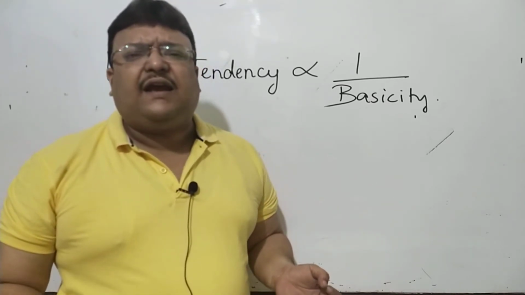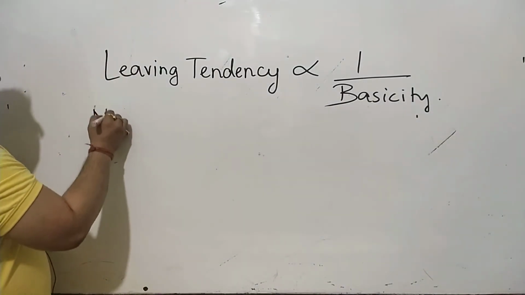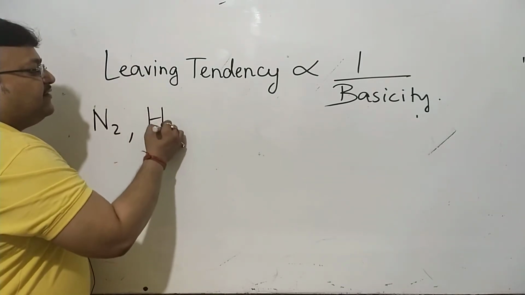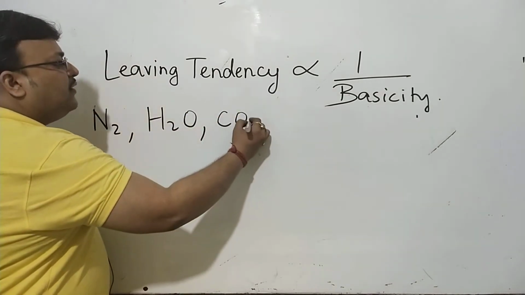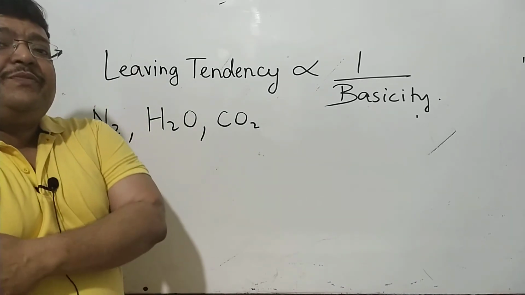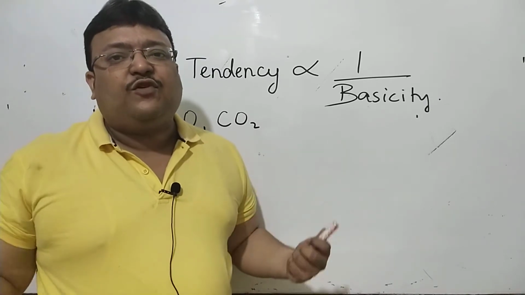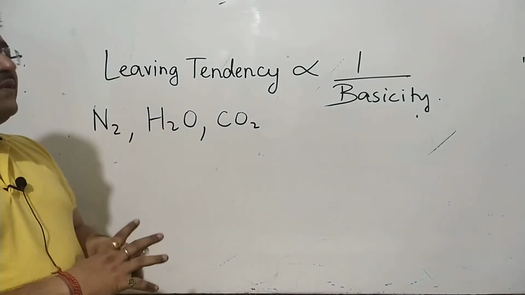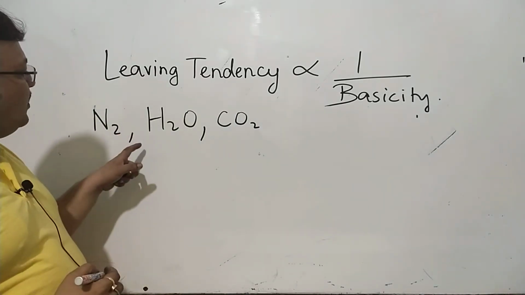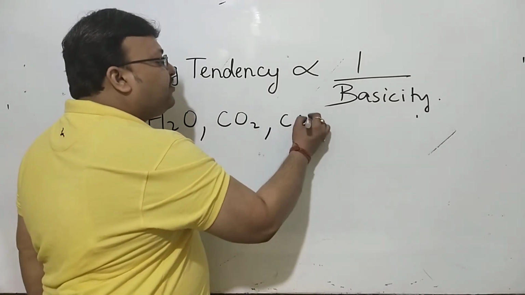So in many organic reactions, you'll find nitrogen coming out. Nitrogen is very stable. Almost 80% of the atmosphere is nitrogen. Dehydration and decarboxylation are very common methods. In dehydration, water is a very good leaving group. It's needless to say, water is a very stable compound. 3/4 of the planet is water. So something which is there in abundance, something which is a stable compound: water, ammonia, nitrogen, carbon dioxide, carbon monoxide,